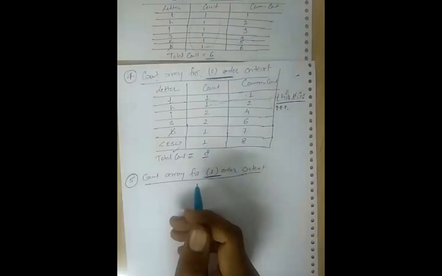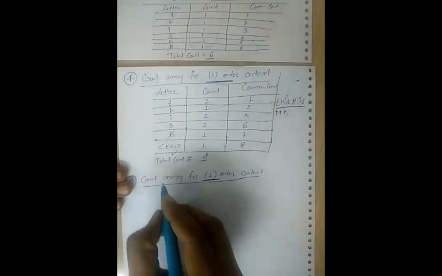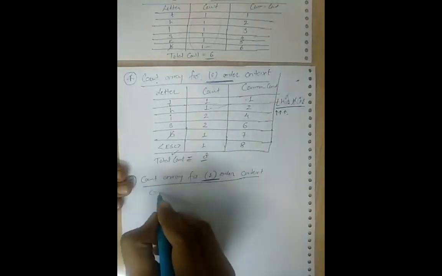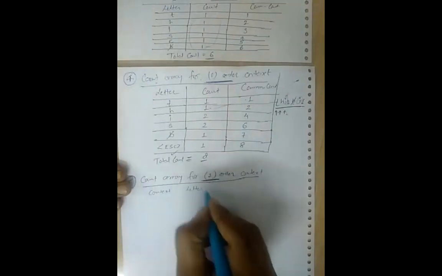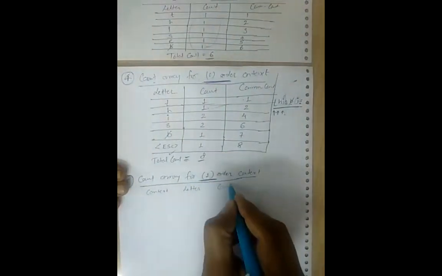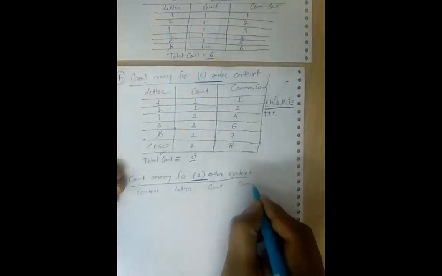Okay, for first order, what we are trying to do, we are generating the context actually. So here in our new label can be formed in the table, that is first is context, then the letter, then count, and then cumulative count. Okay, I hope you are getting that in order 1 we need to add one new label, that is called context. Context को यहाँ पे add up करना पड़ेगा,